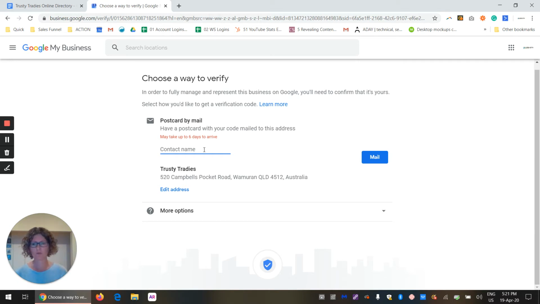So basically with Google, like I mentioned just before, you can opt for Google not to display your actual home address if that's the one that you have put into the system. Depending on how often you use Google, and of course we use Google a lot, this is why I have to go down the path of a postcard. Within about a week, this is going to send me a postcard to my address, and on that postcard that'll come through,